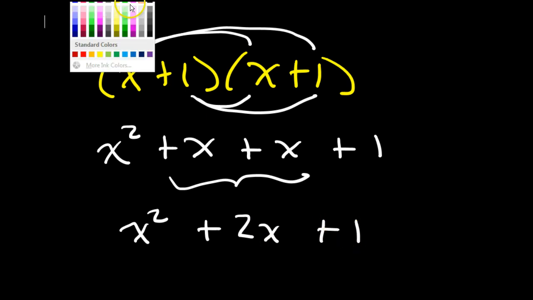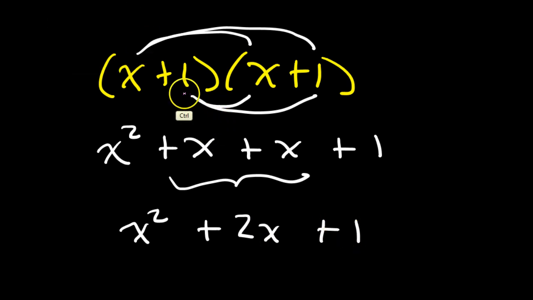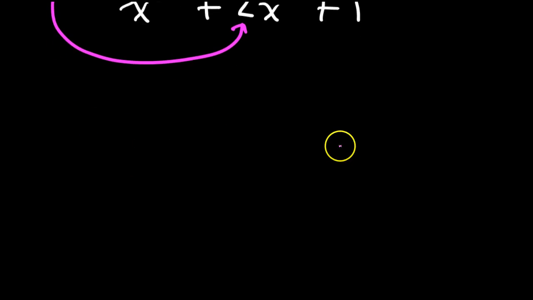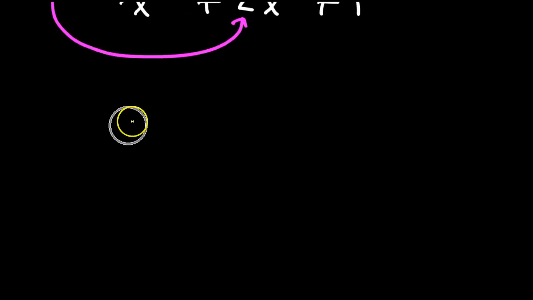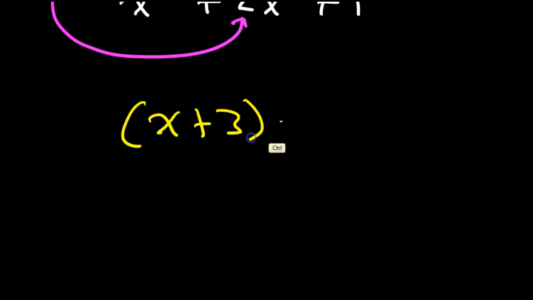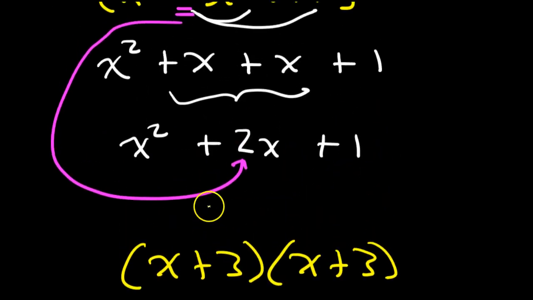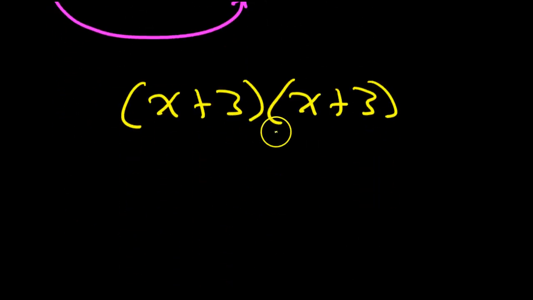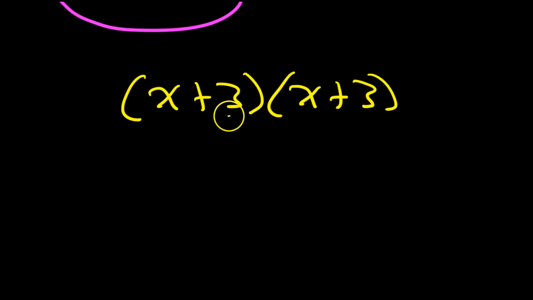So there's one little shortcut that we could do if we wanted to. If I see that I have the same thing twice, if I look at the number 1, I'm just going to wind up doubling it for the middle term. So for example, let's say I'm just making up something else, say x plus 3 times x plus 3. To save a little bit of time with this whole double distributive property, combining like terms business, I could do it a little bit faster if I think to myself, the middle term is just going to be